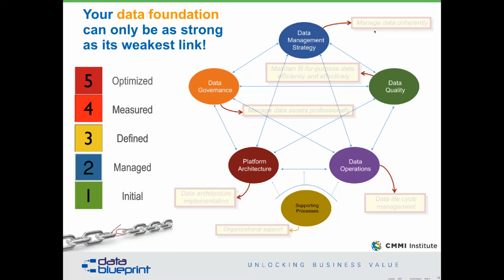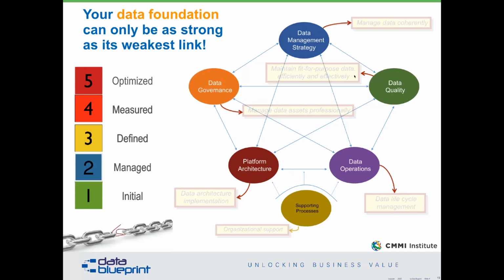The vast majority of organizations are between a 1 and a 2 at this point, even though we've been working on this for a long, long time. And the reason for that is quite simple. Colleges and universities are teaching students the wrong stuff. And I say that fully as a college and university professor. It's a very frustrating situation.